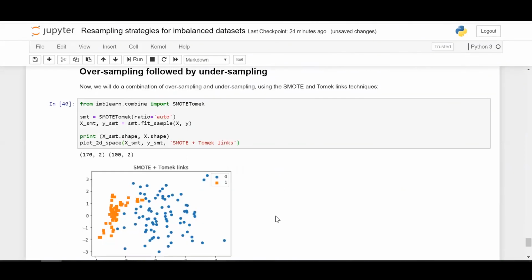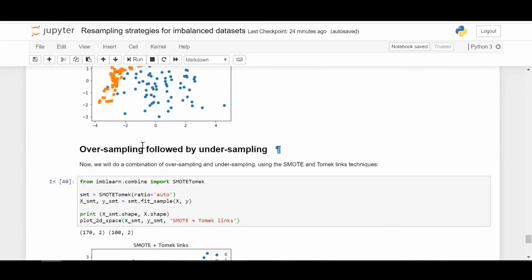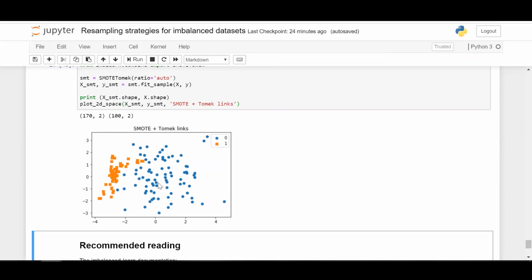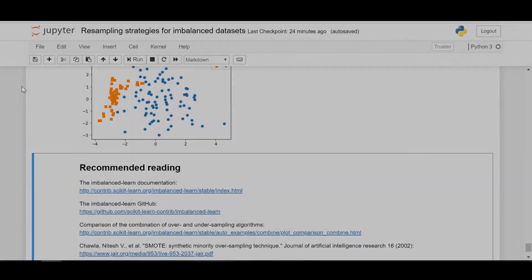Now it is the same. Why we are doing Tomek is, it is inside the orange, right? So if you pass it on to a machine learning model, it will be incorrectly classified, right? So what Tomek links does is it removes these overlaps, correct? Which is why we're doing oversampling followed by undersampling. Which is why we prefer SMOTE followed by Tomek. So this one closes our resampling strategy.